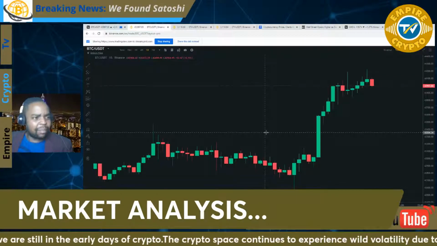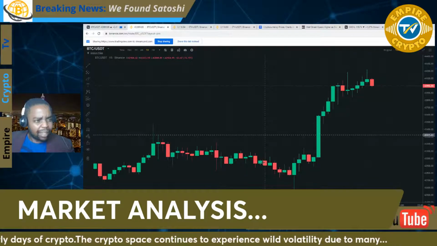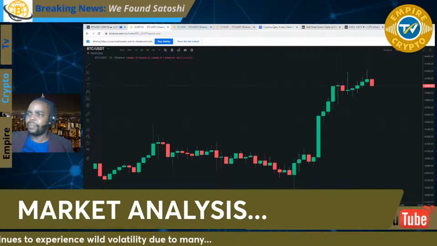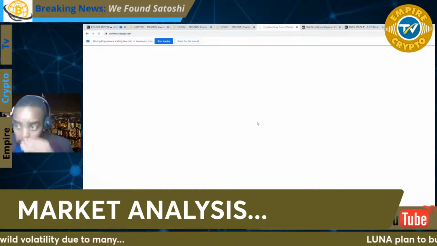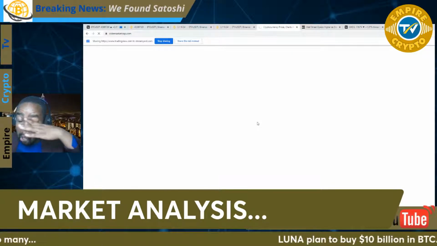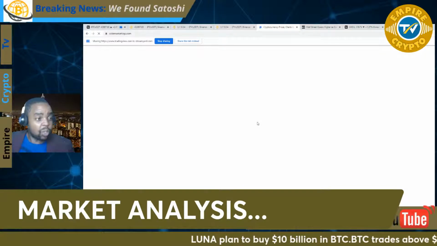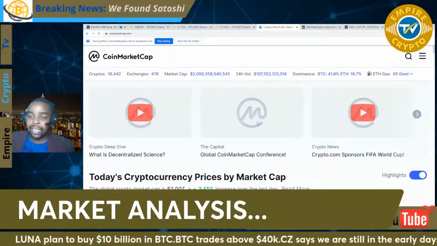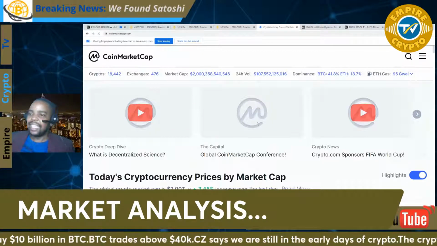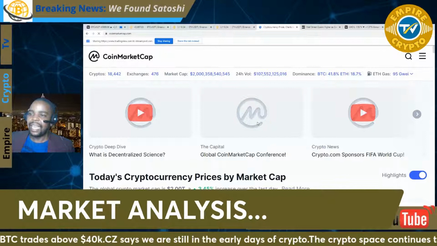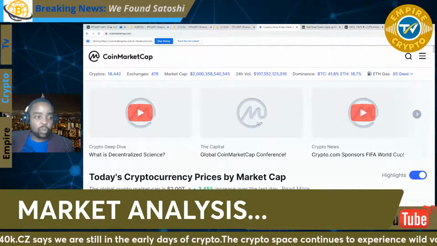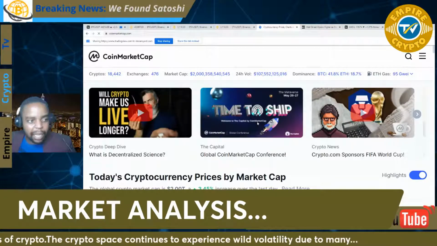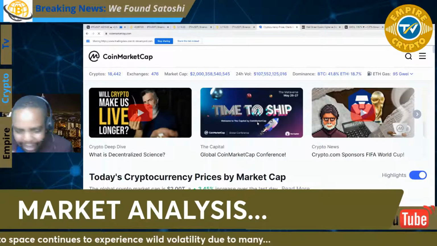Ethereum has been doing so well, gaining 14% and upwards and so forth. I can go to CoinMarketCap right now. CoinMarketCap will tell you how strong Ethereum has been in the past few days, even alongside Ripple. Before I go any further, I can see that the 2 trillion market cap has been reached, which means the market is quite bullish. Yesterday it was 1.9 trillion, but it's back to its normal 2 trillion. That's the number we are all familiar with.